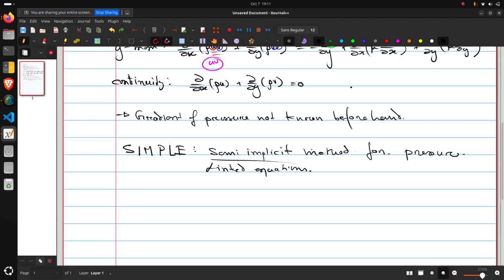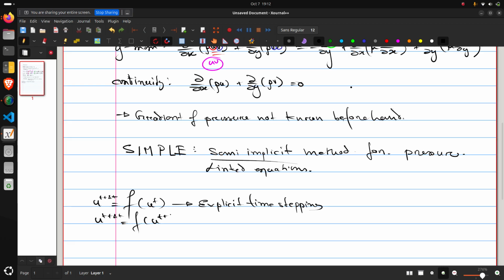So you might be familiar with the terms implicit and explicit, right? These terms we encountered when we were dealing with unsteady problems. In unsteady problems, if for example u at t plus delta t is written as a function of u at t only, this tells us that it is an explicit time stepping. While when we have t plus delta t, that is, the unknown is also a function of t plus delta t, then it was something called implicit,